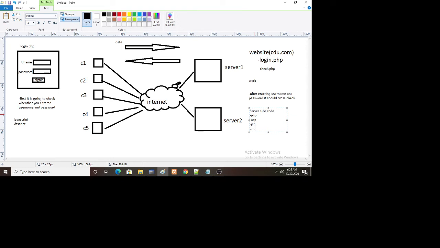The code you are writing for the work that should be done at the server side is nothing but server side code. The code to be executed at the client side is nothing but client side code. For writing the client side code, we are going to use JavaScript and VBScript, whereas for the server side code, we write PHP or JSP or ASP, or some other server-side codes are being used. To make you understand clearly, I'm going to take an example of a login page